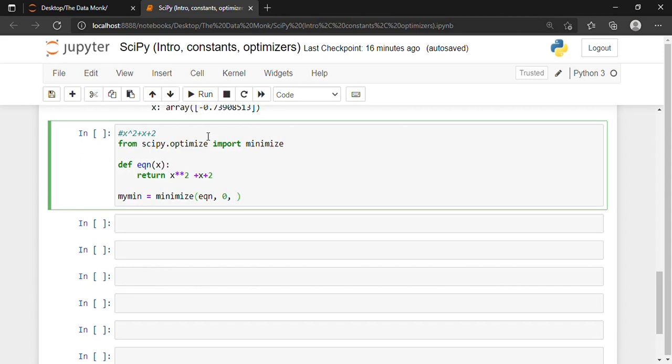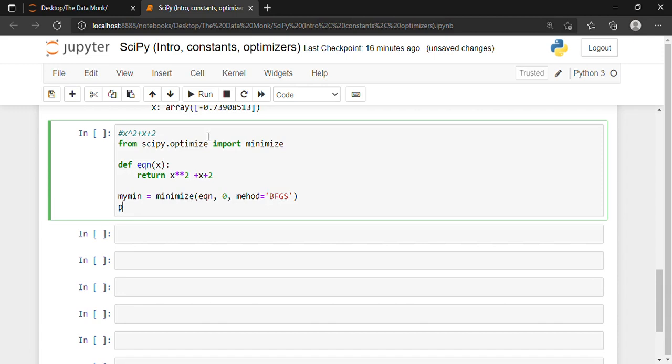In this tutorial I'm basically telling you how we can implement it by writing the lines of code. But if you want to know more about the BFGS method, you can just Google it. So method is equal to BFGS.